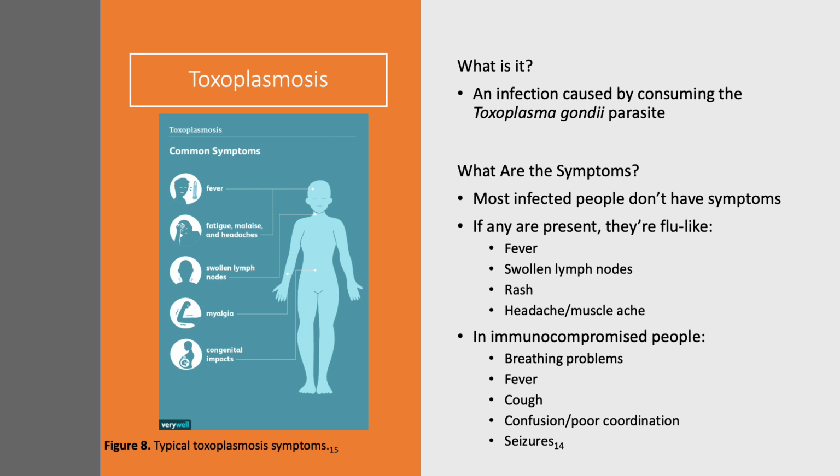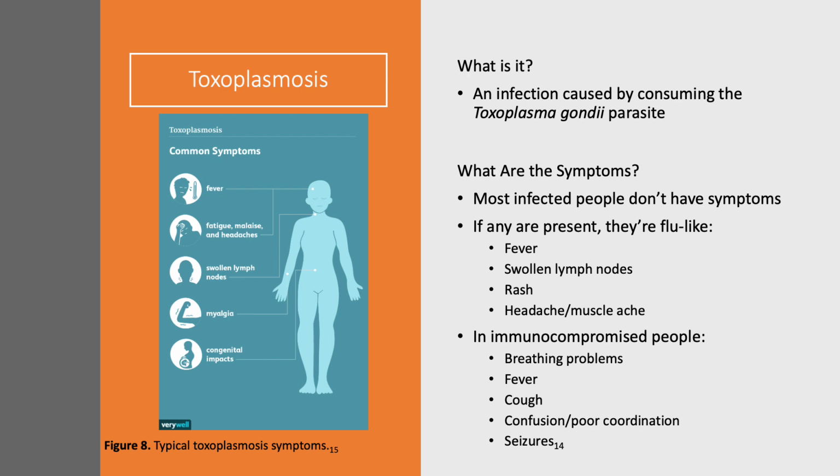Most often, when someone gets infected with toxoplasmosis, they don't generally have any symptoms. However, if symptoms are present, they're generally going to present as flu-like. So you're going to be getting fever, swollen lymph nodes, rash, headache, muscle aches, everything along those lines. However,